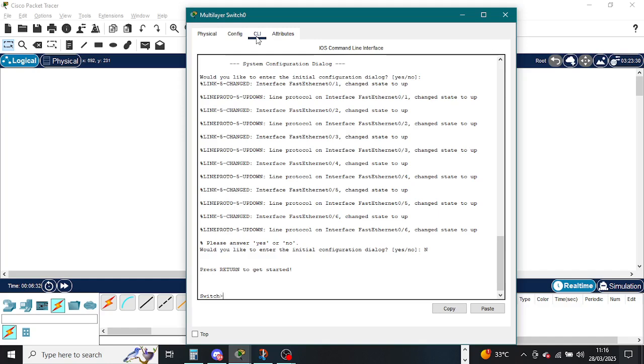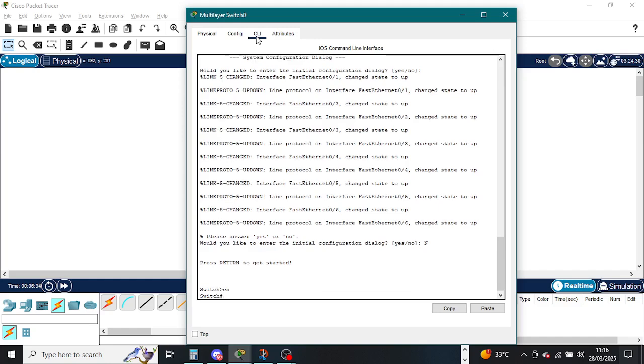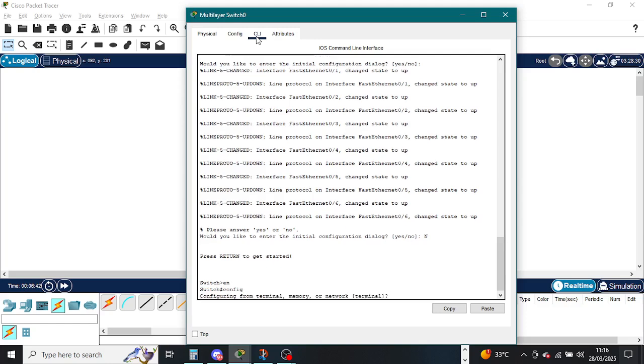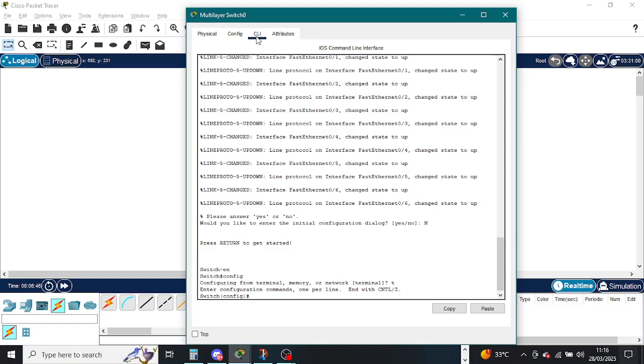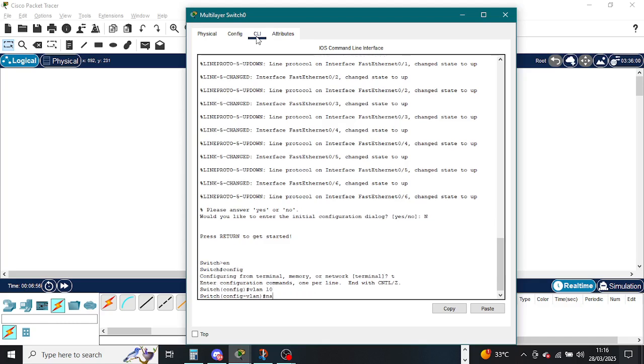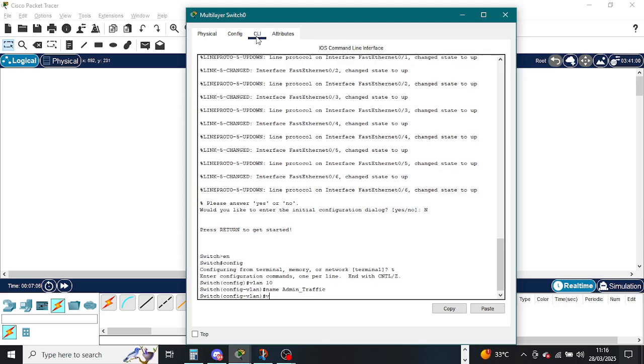I'll move from privilege to global, and from global I'll move to configuration mode, terminal. So the first thing I do is create the VLANs. VLAN 10, I'll give it the name administrative traffic, right? Then create VLAN 20,